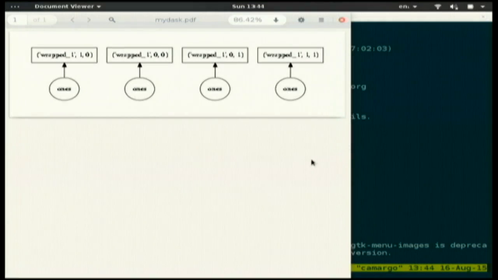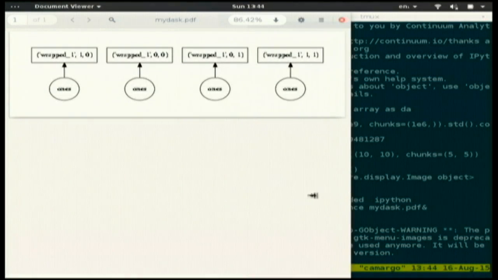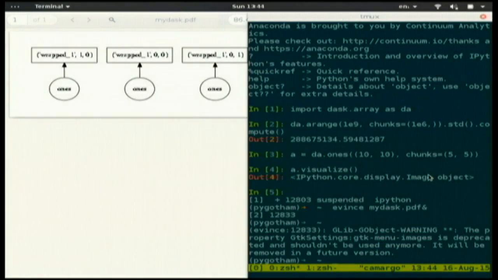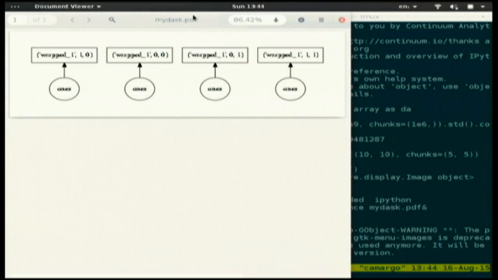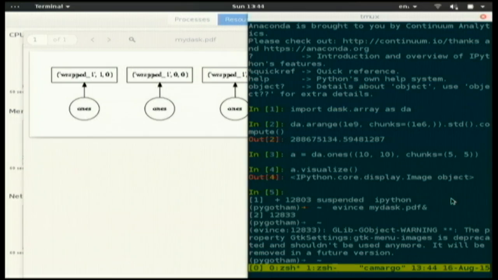Move that over here. Resize this. I can't resize this. Anyway,